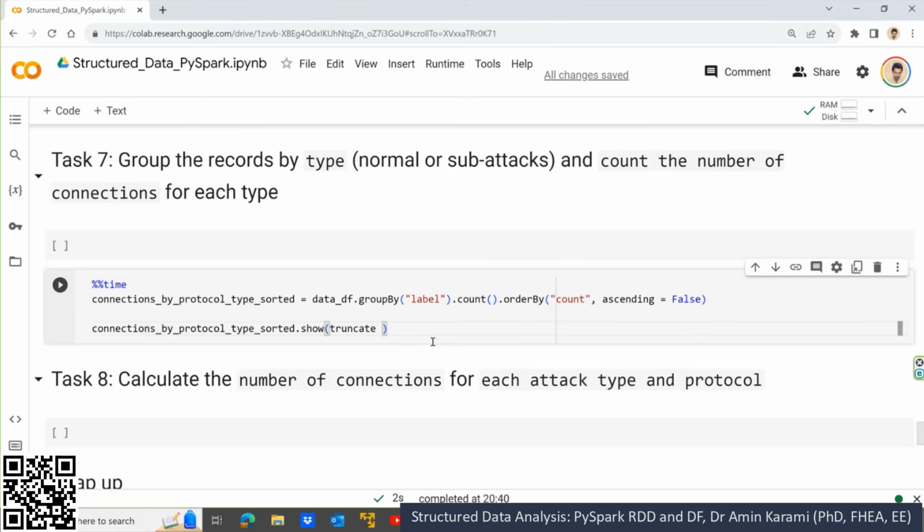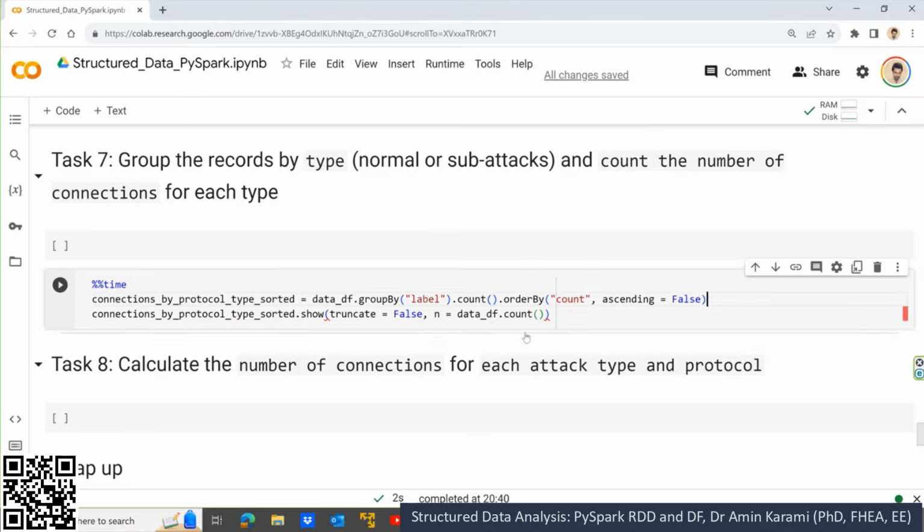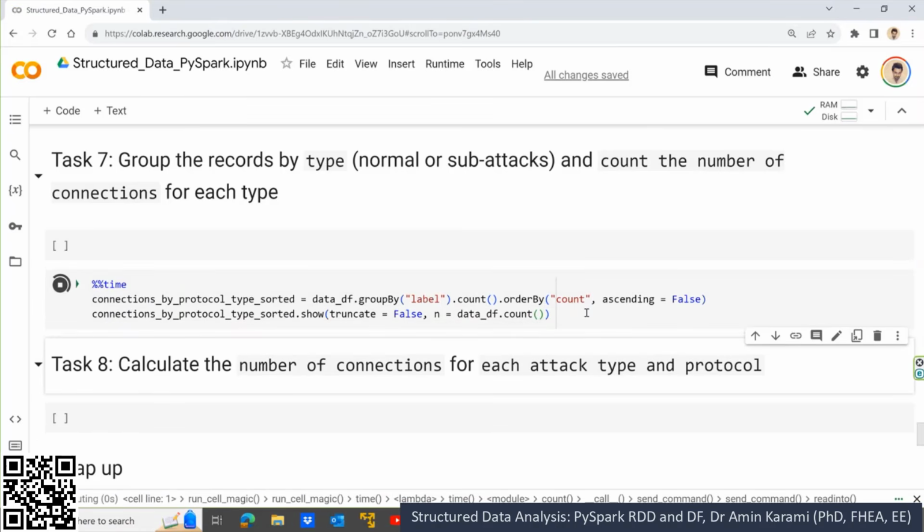False, and this n, let's say 100 records. Or maybe again you have to say data df.count. Okay, if you run this,